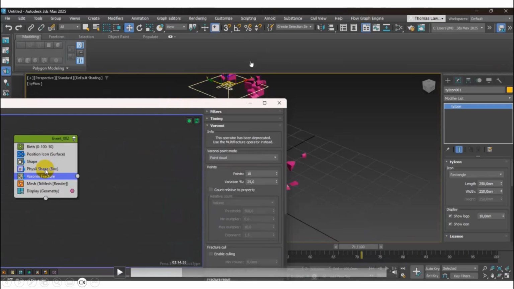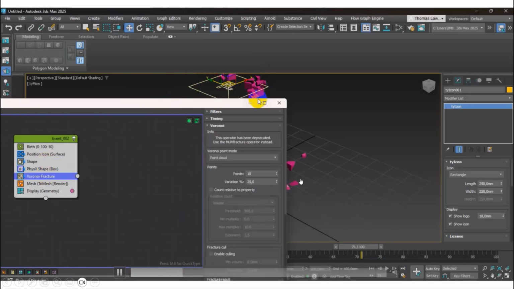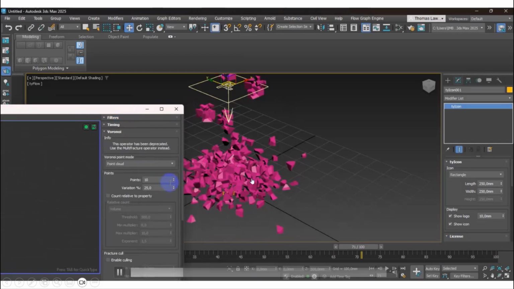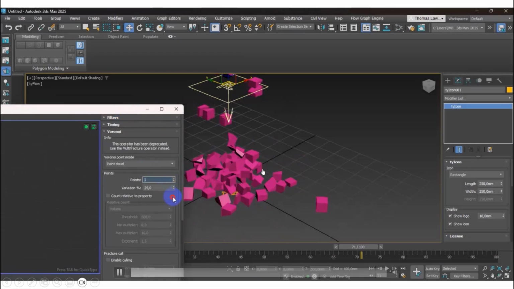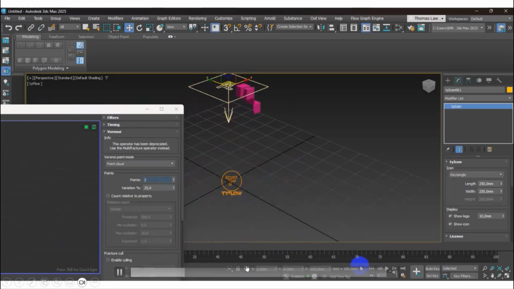Because when the object touches the ground, it will explode or something, so you can put the Voronoi fracture. That's why I put it here, and I try to create it so that once the object goes down to the ground, it will crack everything. Yeah, see.